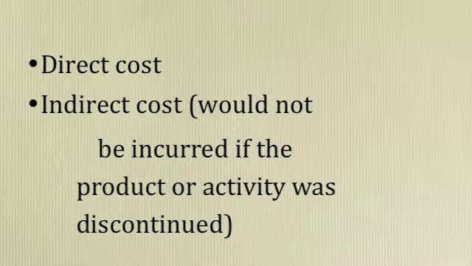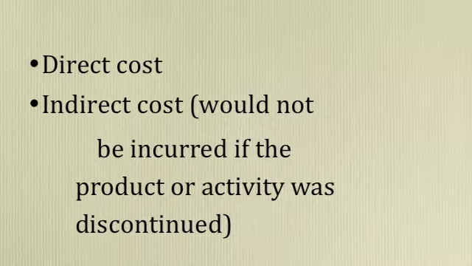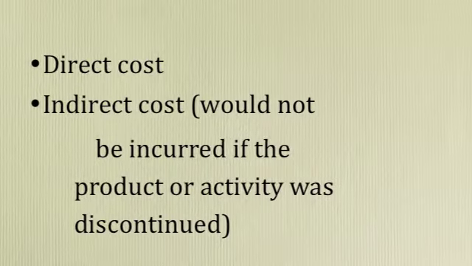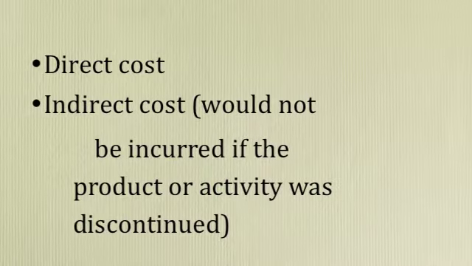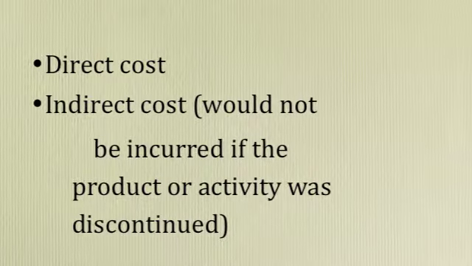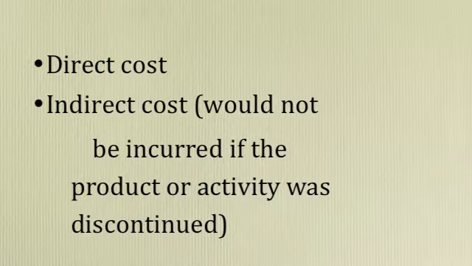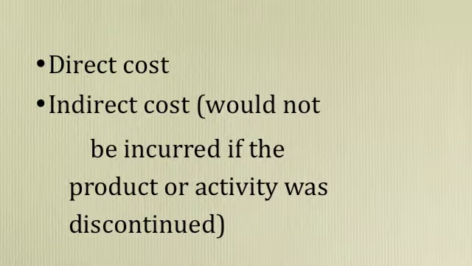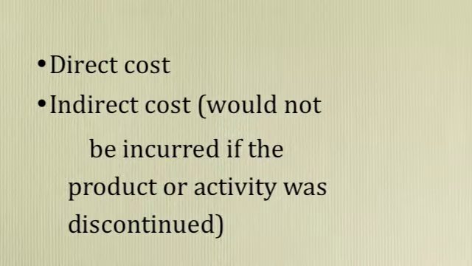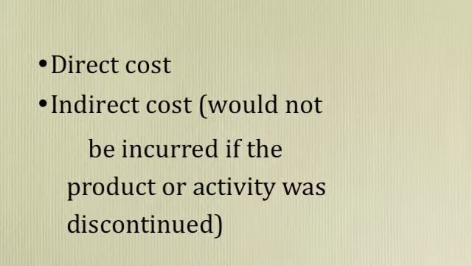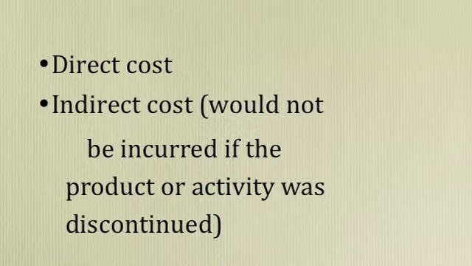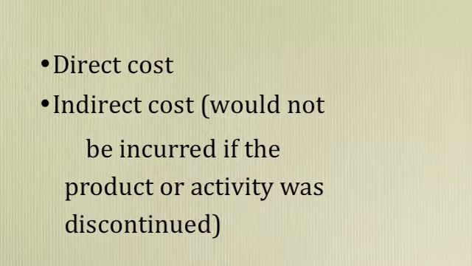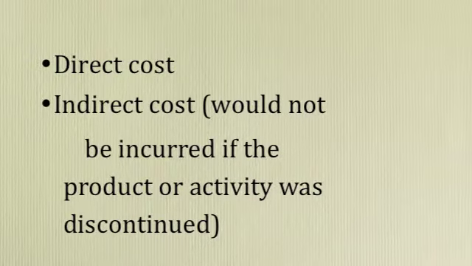Direct costs and indirect costs are terms used to relate a cost to a product or activity. Whether a cost is direct or indirect depends on the context within which the term is being used. When describing the cost of a product such as a book, the amount of paper used is clearly traceable to each book and is a direct cost. But the amount of electricity used by the printing press is not obviously traceable to each book and therefore